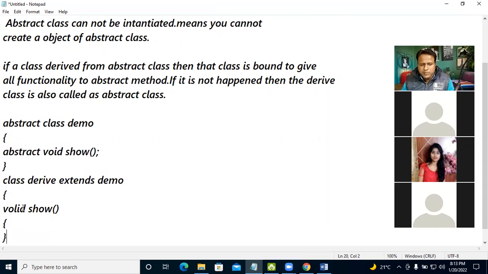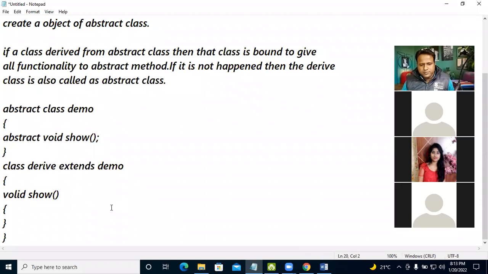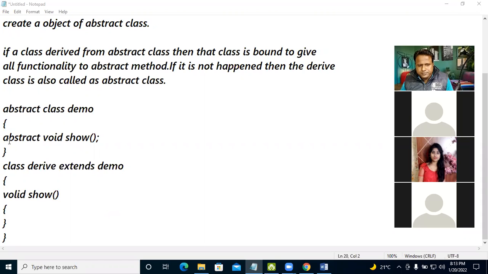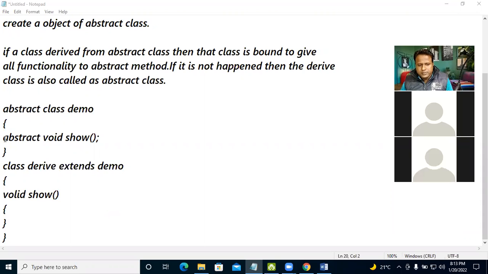So it is implemented in the derived class. Suppose in the abstract class we define